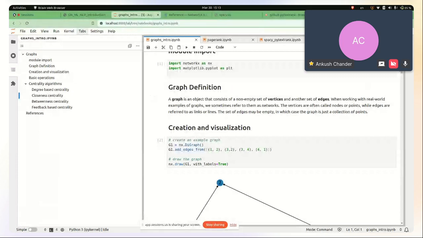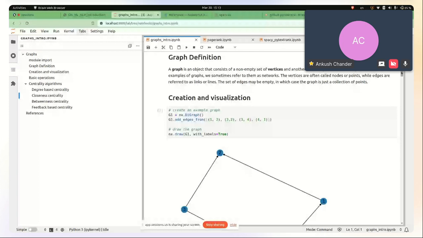Quick definition of graphs. Whenever we talk about graphs, we have two things: one is the nodes, or vertices, and another is edges. Edges are the links that connect the nodes. Based on whether the edges are directed or undirected, we have two types of graph. When the edges are directed, it's a directed graph, and when the direction doesn't matter, it's